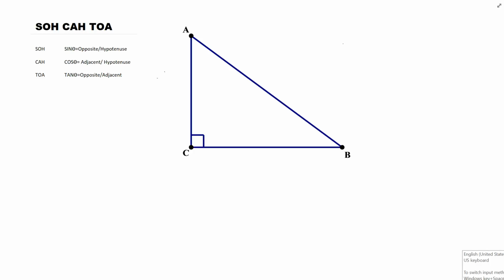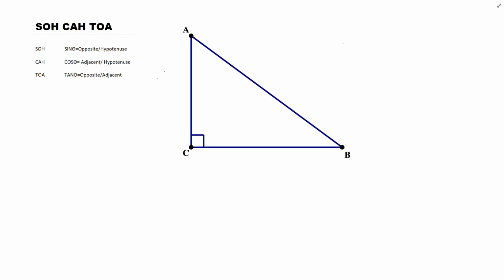Hello, so today I'm going to be teaching you how to use Soh Cah Toa. And Soh Cah Toa is just basically another way of remembering how to compute sine, cosine, and tangent of an angle. So we got to remember that we're going to be using capital letters to represent angles, and we're also going to be using lowercase letters to represent a opposite side, that a side that is opposite to a certain